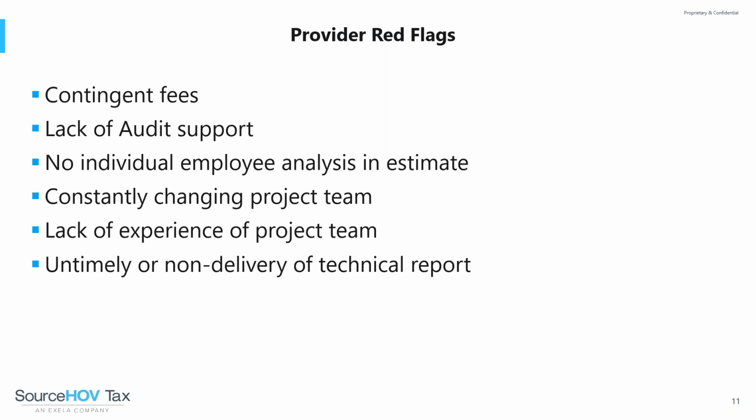The next is audit support. This is a really, really big issue because some of these R&D audits tend to take a long time, not only because, obviously, the credit itself is complex, but because this is one of the biggest tax credits for folks that do development in the United States. And because of that, there's a lot of scrutiny, because at the end of the day, if it was a deduction, the tax impact might not be as big, but since it's a tax credit and a dollar for dollar reduction of actual tax liability, that starts being an issue